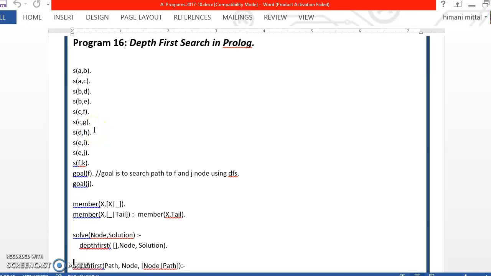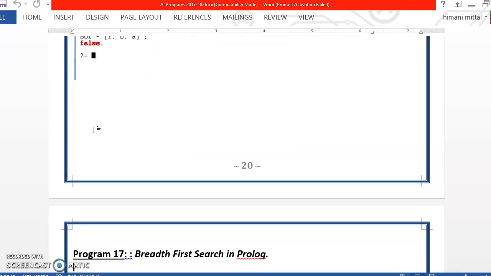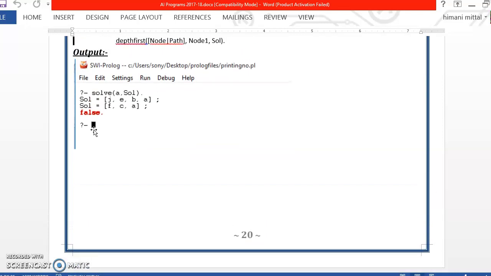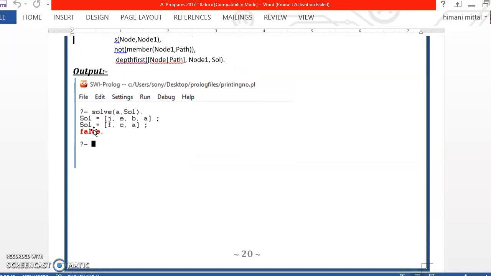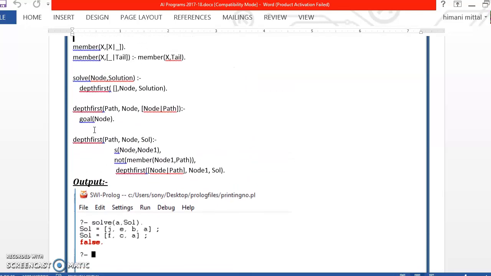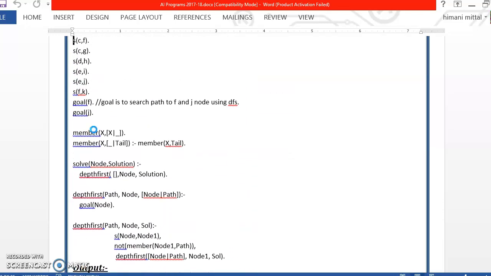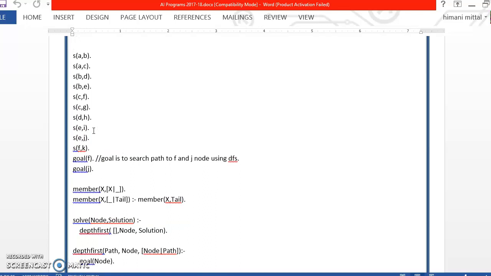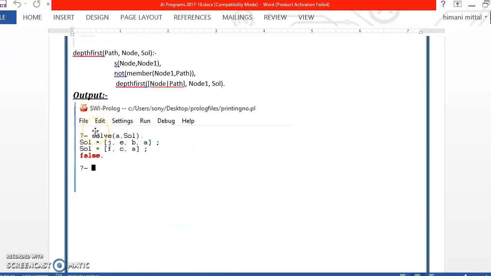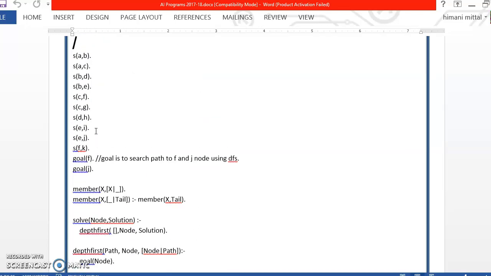Let us see what it is giving. Yes, so this is not the solution. This clause will not become true, so we will backtrack and try for the second value. H is not connected with anything, so we will backtrack from here. D, H, we will backtrack, and this D came from here.